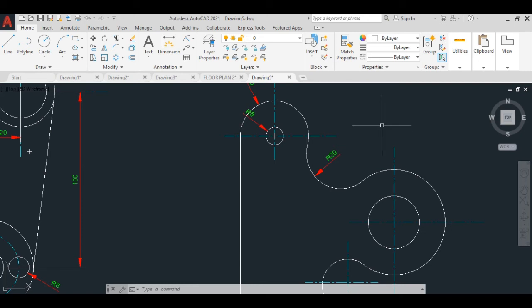So you can simply press enter or press space bar, so it will be repeated. No need to go here again. So I just press enter, and you can see it is converted into your already set value, which is in the radius form. So I just click here and make the dimension.